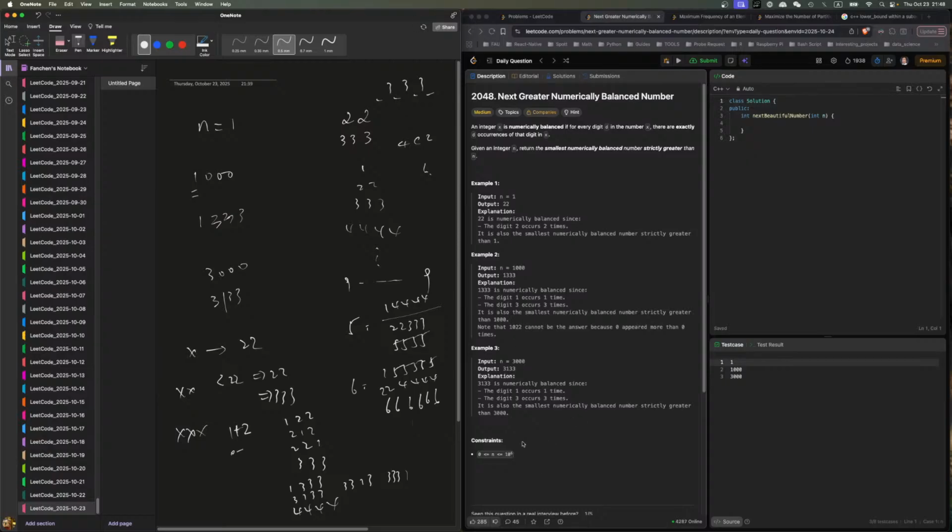Because the largest is 10 to the 6, which means 10 to the 6 is what? 1, 2, 3, 4, 5, 6. That's 10 to the 6. I have 6 zeros, so we need a 7-digit. If n takes 10 to the 6, the only option is 1, 6, 6, 6, 6, 6, 6. That's the only option, right? So I actually don't have to consider it. The rest will put that into a